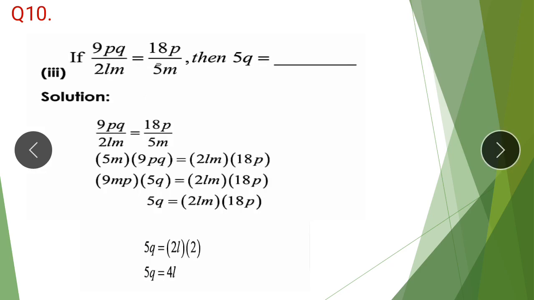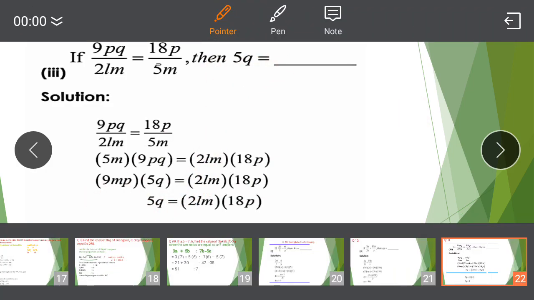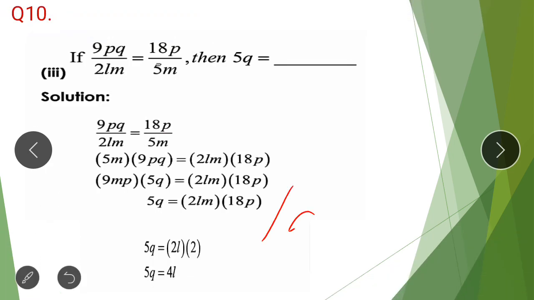Next question: here you can see, and you are supposed to find the value of 5q. Now let's see the cross multiplication, 5m with 9pq and 2l with 18p. Now you just see that you need 5q. So 5 and q should be written side by side, and 9p and m should be written here. Then 12m and 18p are brought as it is. Now you need the value of 5q, so 9pm should be shifted to this side of the equation, and it will be in